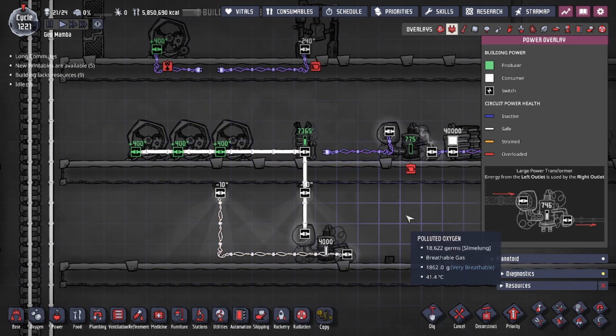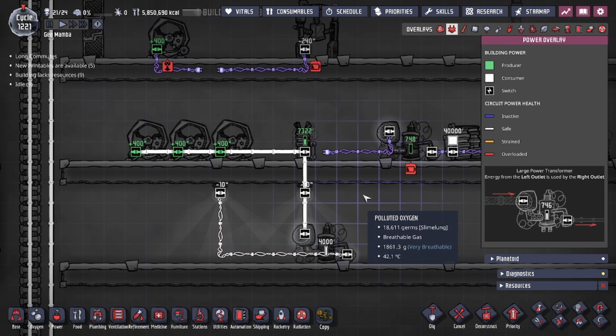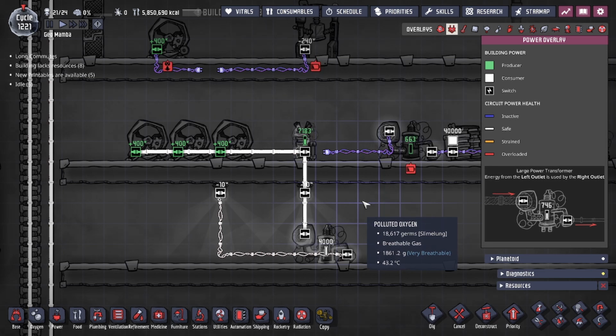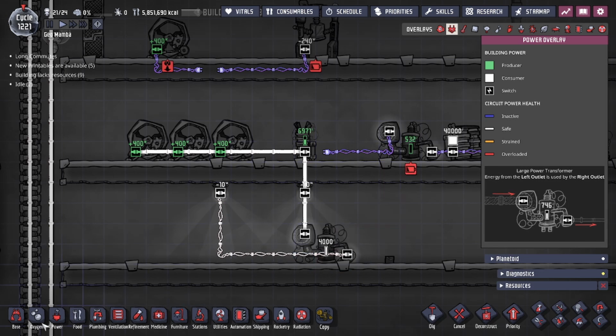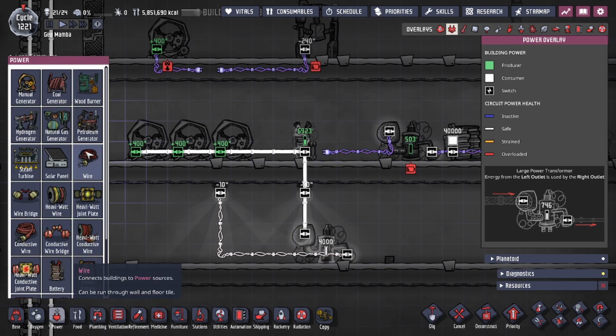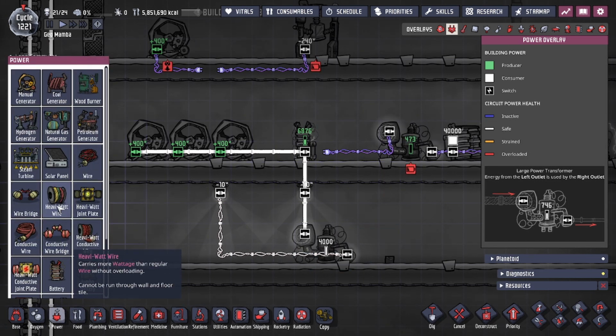line. This is actually very good, as you're not able to have a mixed line without damaging the weakest part of the line, kind of like the weakest part of a chain will become broken if enough force or resistance is put onto it. Same thing happens with the power line. The weakest part of a power line, especially if you have a mixed wire with segments of a regular wire, conductive, heavy watt, or heavy watt conductive, if you mix them up, the weakest part of it will typically be